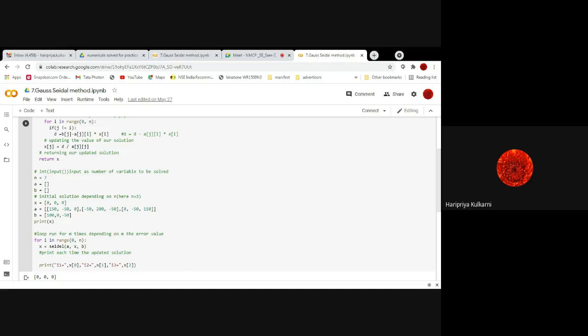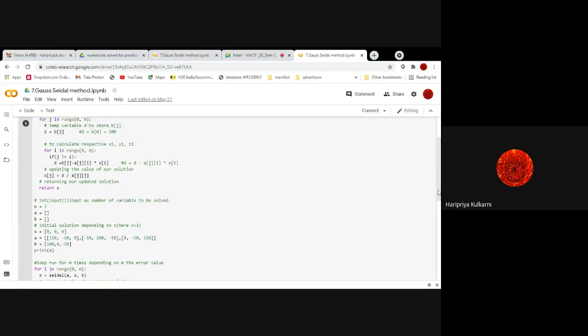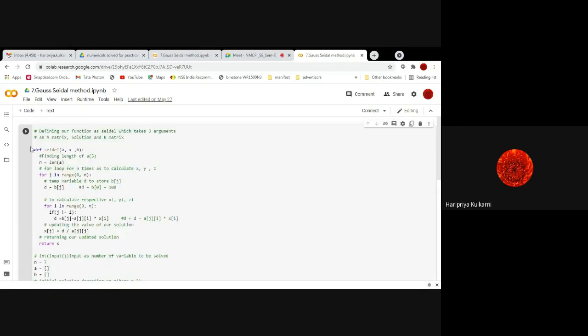Okay. So when i equal to 0, it will come down to x equal to CIDL. CIDL means what? It will go to the function CIDL. We have defined the function CIDL here. So the compiler will come to the function CIDL, and the values of a and b are visible to it. The x value we have stored initially as 0.